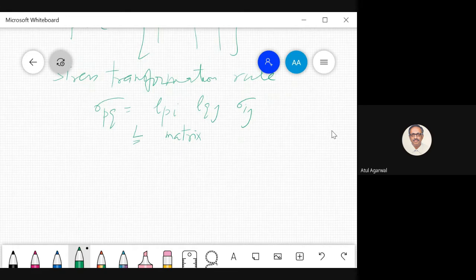Do you remember the L matrix? Kevalish? Not now, sir. I think I forgot. Okay, what I tell you, you'll go to my lecture 1 in the video, in the YouTube channel. So there I have told you the use of vectors in mechanics. In that, I think I had described what is an L matrix. How do you transform a vector when you change a coordinate system?